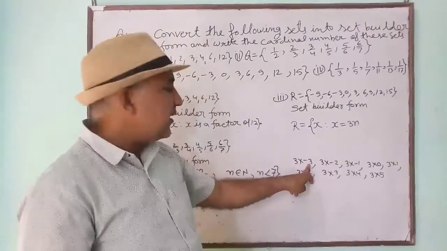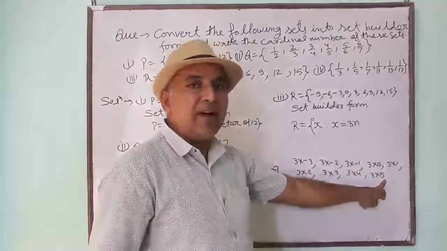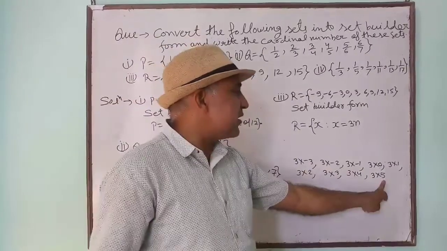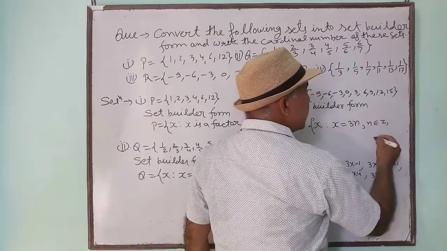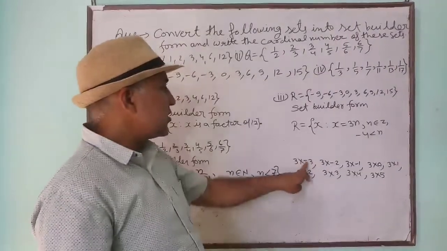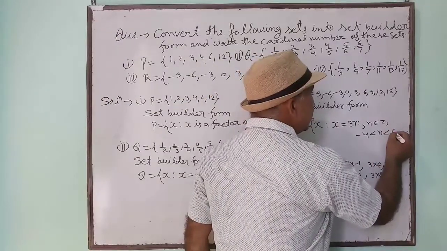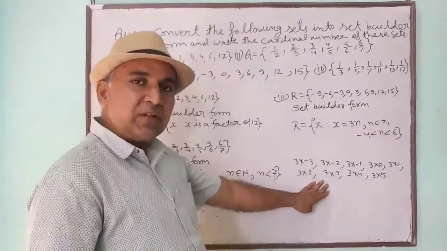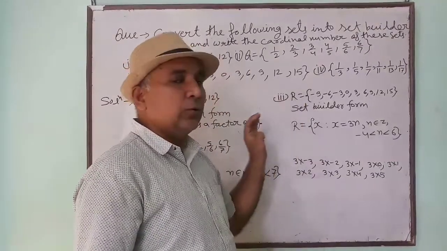Here the n starts from minus 3 and reaches up to 5. That means we can say that this n is an integer and it is greater than minus 4, because greater than minus 4 starts from minus 3, and reaching up to 5 means less than 6. Understood? This you can show in the fair copy also and in the rough also. This I have shown you to identify the rule.